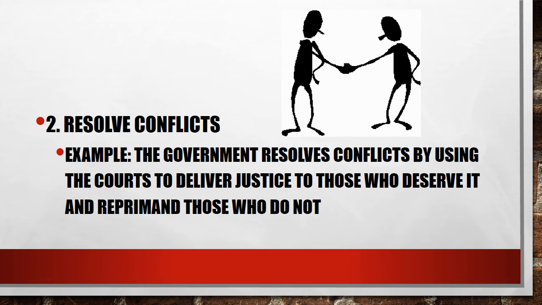If you want to take an example like in our class today, if the government would be Mr. Herbers, his job is to make sure that while the students are working, if there's a fight between the students, whoever started the fight or whoever is in the wrong will get the proper consequence, and the person that was not in the wrong will be able to continue going on their way. It is more than just deciding who's right and who's wrong. It's also making sure that the proper person or groups get the proper consequence.